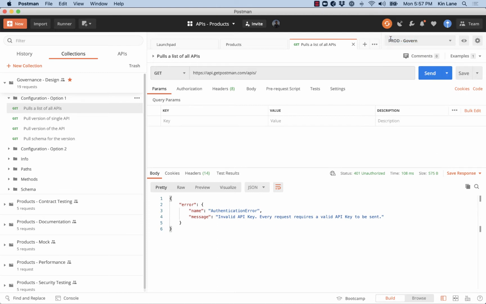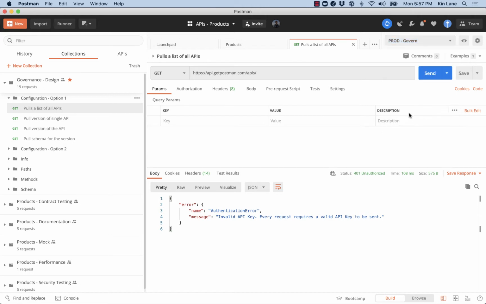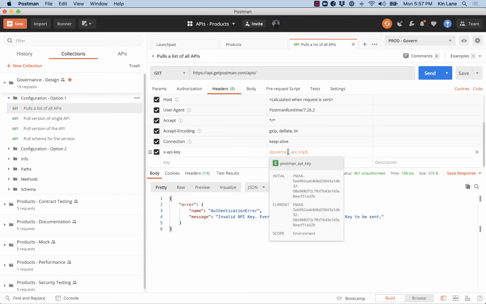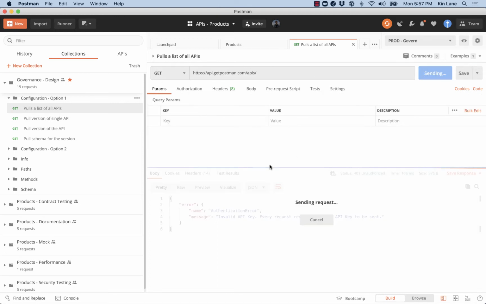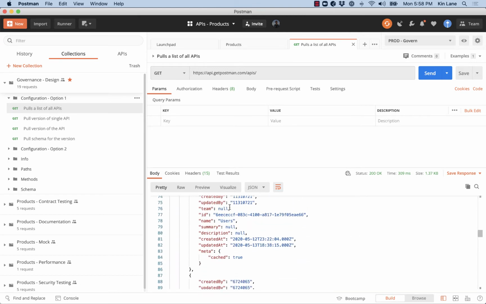I have a governance environment for my product, as well as a mock and a production environment. So I can work in my dev environment, I can work in my production environment, and then I can apply the governance environment across all of them. Let's go ahead and pull a list of APIs, because this environment has my Postman API key in it, which I have set here to be able to make calls to the Postman API. I'm going to make a call to get a list of all the APIs. Here are all of the APIs, and I can grab the ID for the one that I want